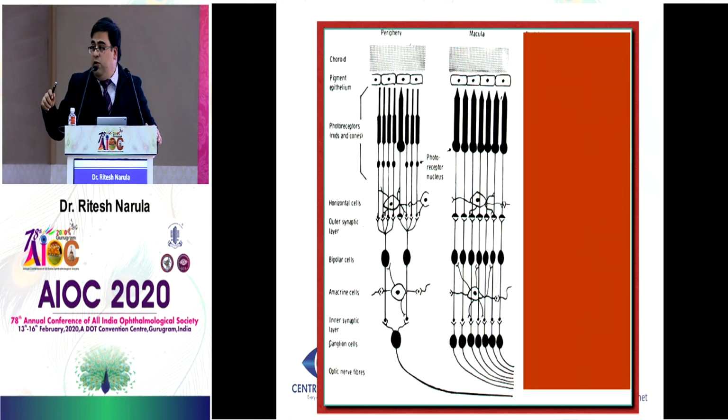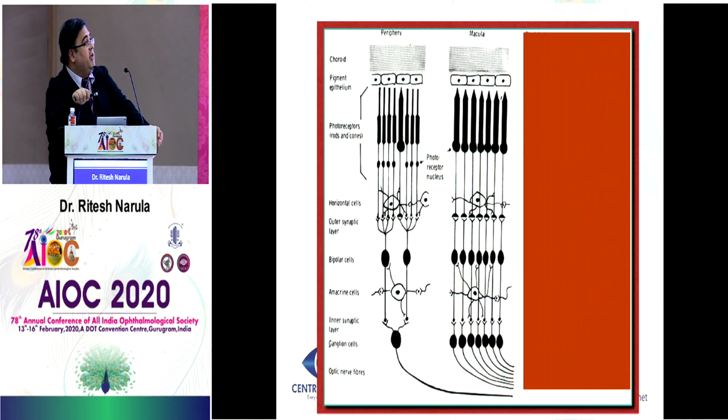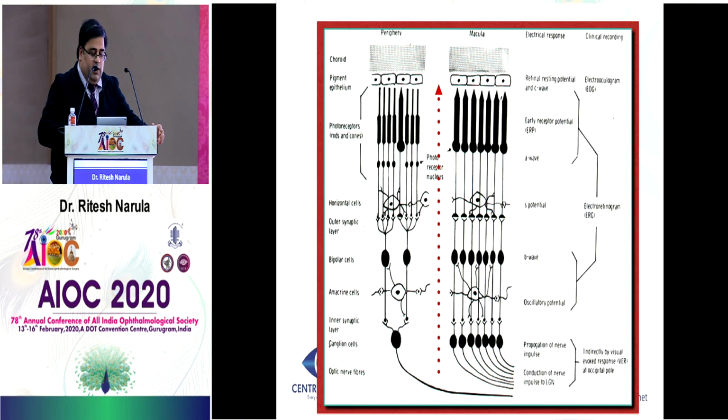Can I have a better pointer, please? Okay, the macular area, which again has cones going to bipolars and to the ganglions. What importance this photograph carries I'll talk about later, but just look at it and try to understand that in the macular area, each cone has its own bipolar and its own ganglion cell. In the periphery, the rods and cones converge on few bipolars and then even fewer ganglion cells. So just keep that aspect in mind. We'll talk about it later.